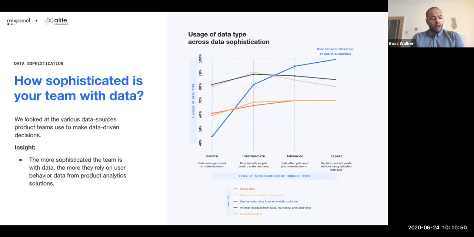And I think the final thing to touch on here, and this may seem pretty obvious, is the fact that product teams, when they come to analyzing data, when they pick a tool to analyze this data, more than any other tool are leveraging product analytics tools to get answers to the questions that they have.